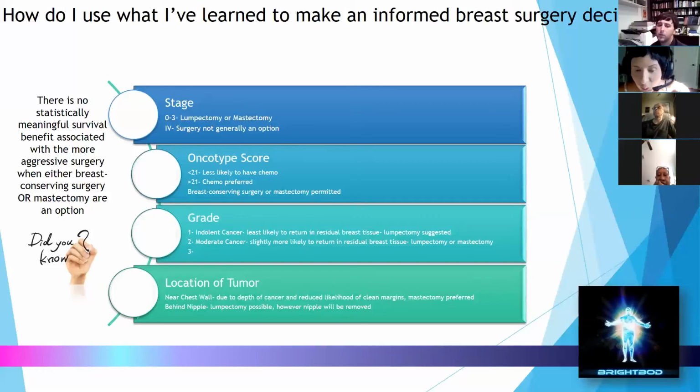The location of the tumor, you mentioned this earlier. Near the chest wall, we're going to have less likelihood of clean margins for the lumpectomy space. Mastectomy will probably be recommended for chest wall recurrences. And then behind the nipple, you're going to lose that nipple. Cancer cells have a tendency to hide behind the nipple, so they are rarely doing nipple sparing mastectomies anymore because